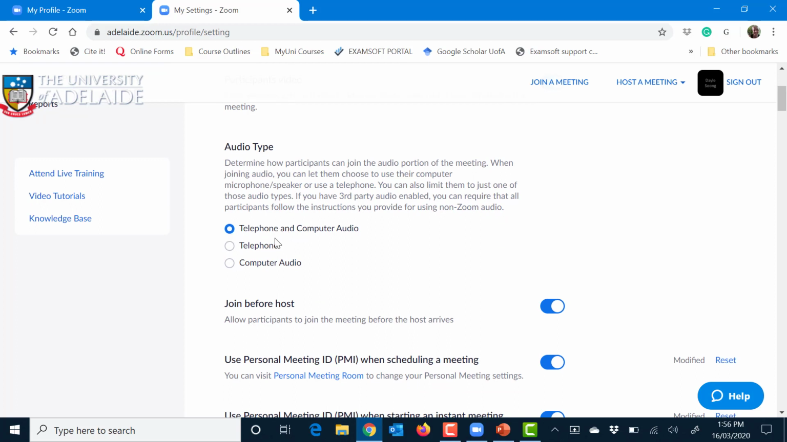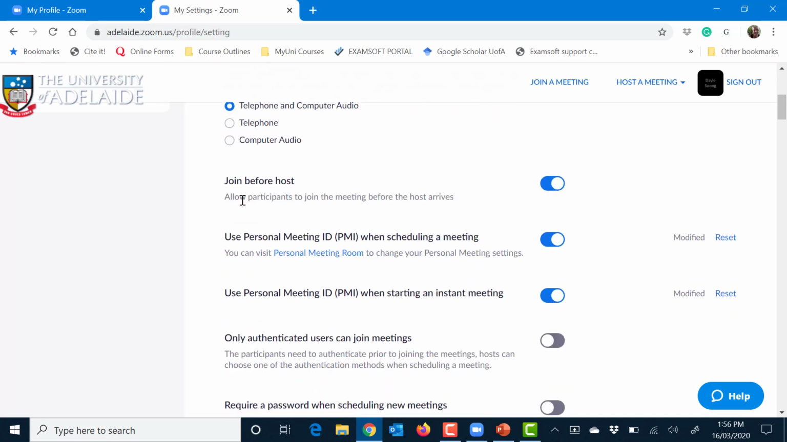Audio type, make sure you've got telephone and computer audio selected. Most of the time people are going to use their computer microphone. If they have difficulty with that, there is a telephone number and they can actually dial in like an old school telephone conference. We allow participants to join the meeting before the host arrives, so the students can all get